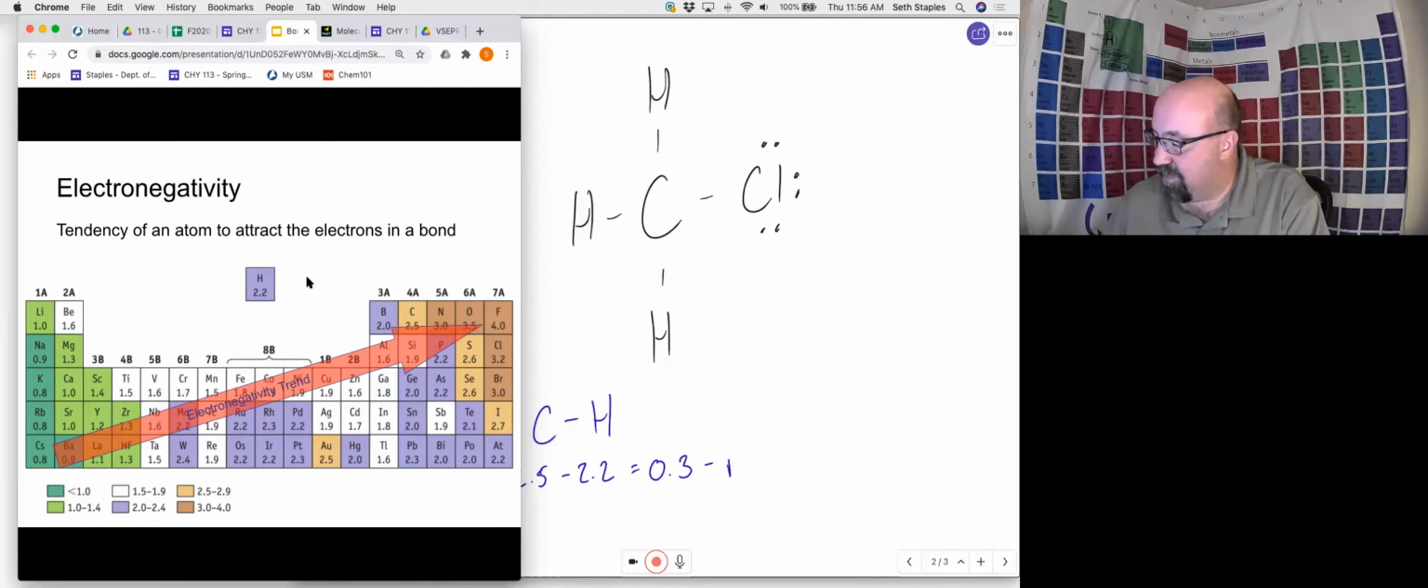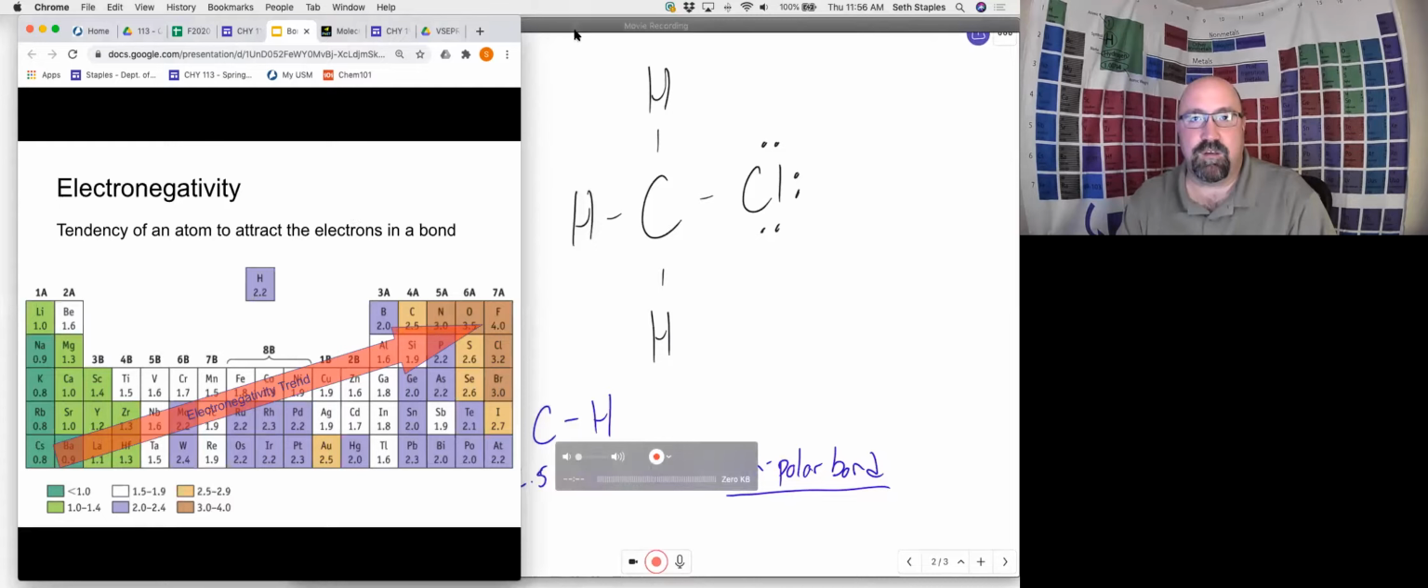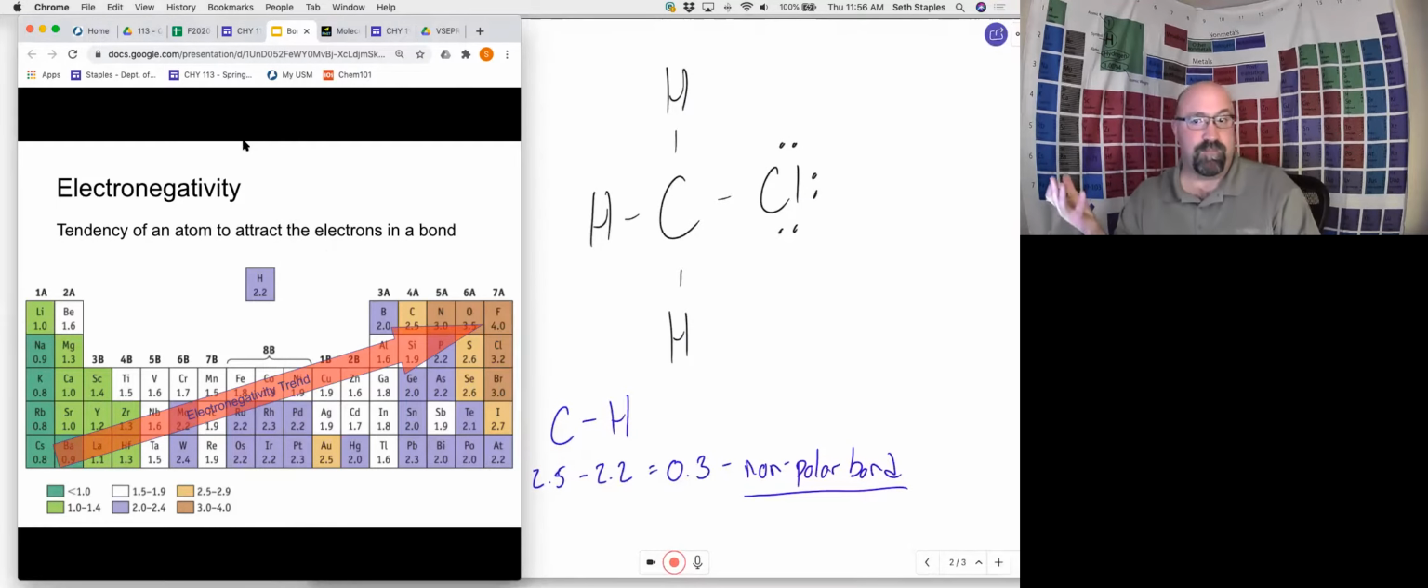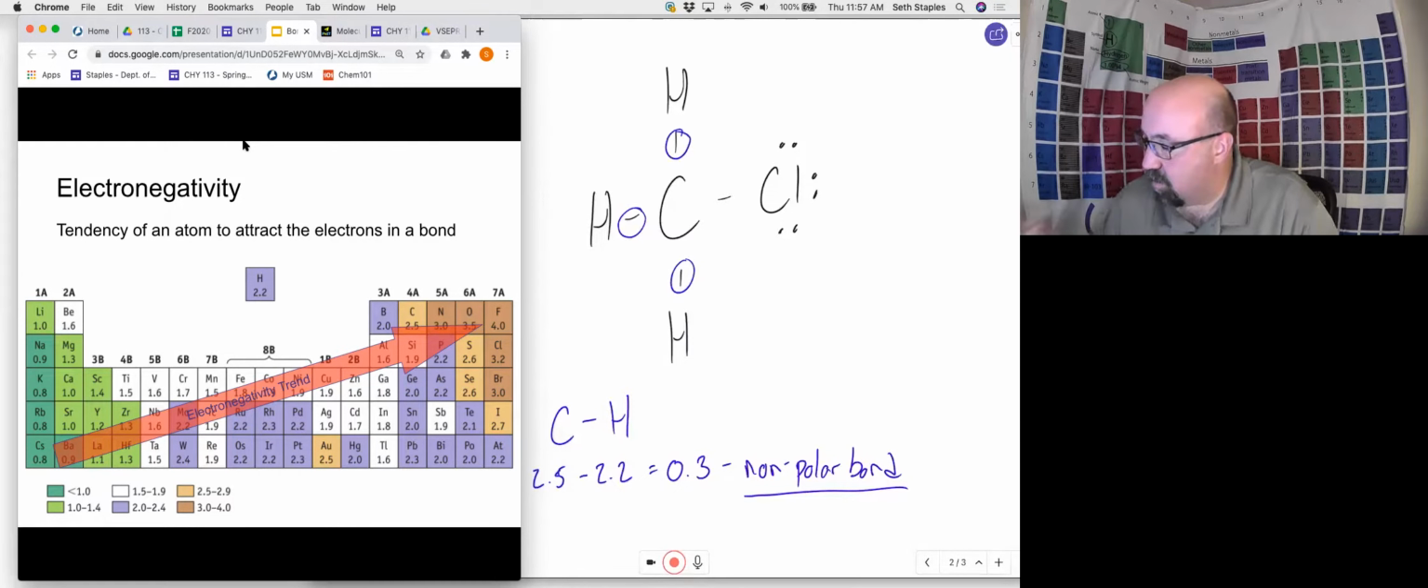And so we say that this is a non-polar bond. One of the atoms is not hogging the electrons any more than another one. So all of these three bonds here are what we call non-polar bonds. Now let's take a look, however, at our